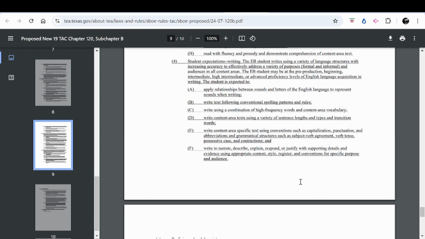E. Write content area specific text using conventions such as capitalization, punctuation, and abbreviations, and grammatical structures such as subject-verb agreement, verb tense, possessive case, and contractions. And F. Write to narrate, describe, explain, respond, or justify with supporting details and evidence using appropriate content, style, register, and conventions for a specific purpose and audience.